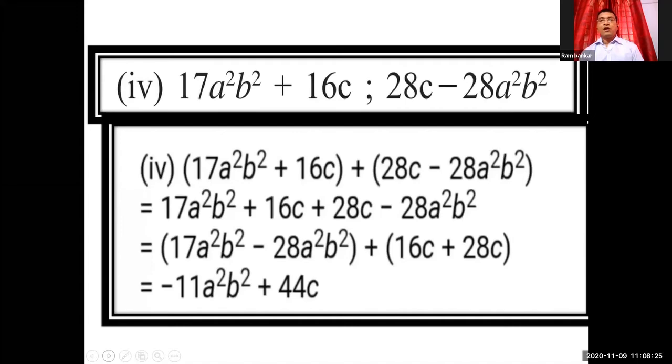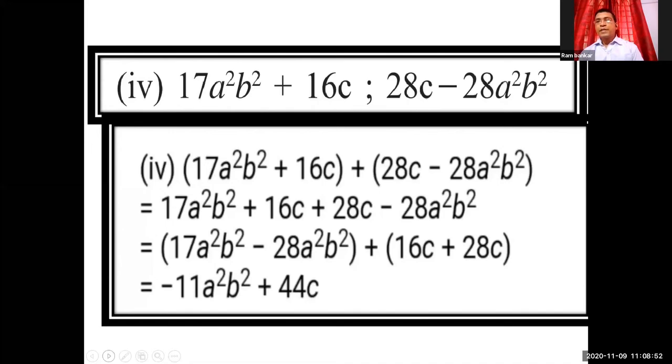Look at the answer now. Okay, we have to operate now this equation. 17 plus 28, 17 minus 28. Now what we have to do here? Minus, of course. 17 minus 28. What is the answer? Minus 11. Okay, write as it is. Variables a square minus b square. Minus 11 is the answer in the first term.